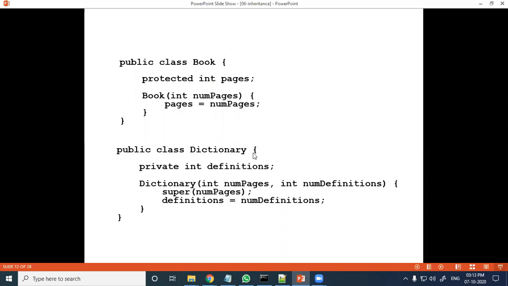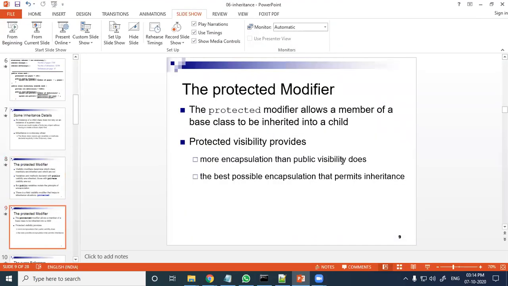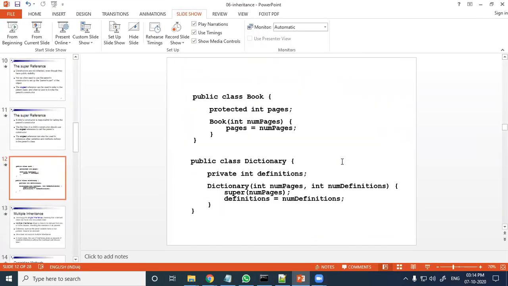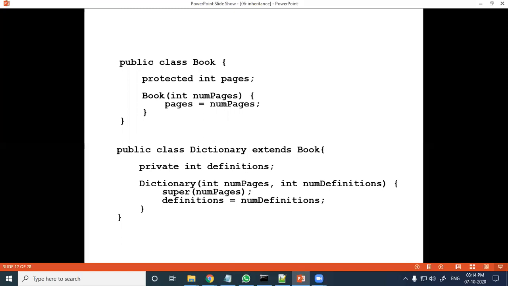We have to write extends book so that it will refer to the book parent. And here the dictionary constructor is written, and super name num page means it will call the parent. So book is there, and dictionary is there. Inside the dictionary, book is extended, and using the super function, I have called the parent constructor.